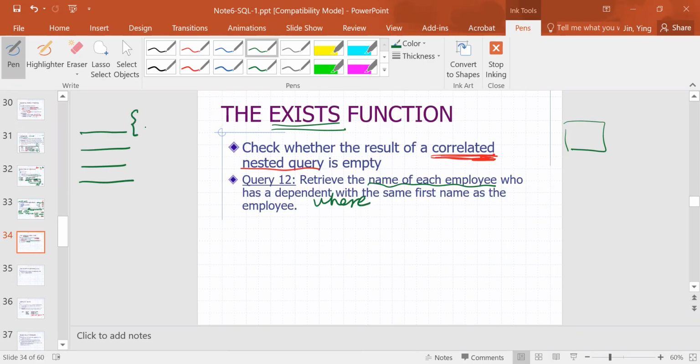For each employee, we have a dependent table related to the employee table. I remember we have a foreign key there, and that's the social security number. So for the first employee, I have some dependents here. First of all, they need to have somebody, right? So we have a dependent. And not only do they have a dependent, I have 3 dependents for the first one, but they have to have the same first